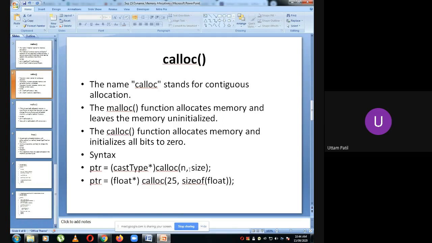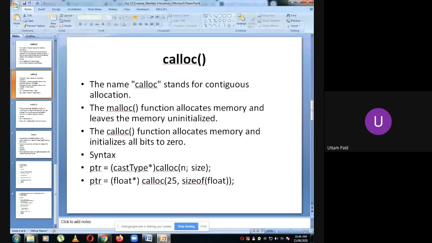So n blocks of this much size will be allocated. The example is here. ptr is equal to float star calloc 25 sizeof float. This will allocate the memory for 25 floating type values. So n is the block count.